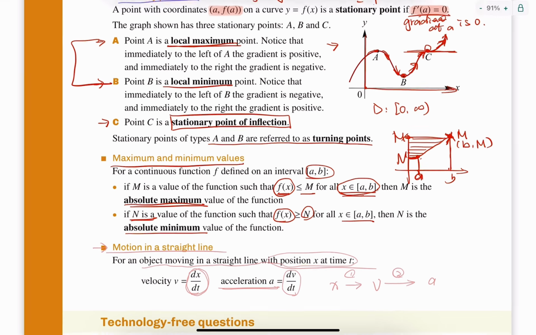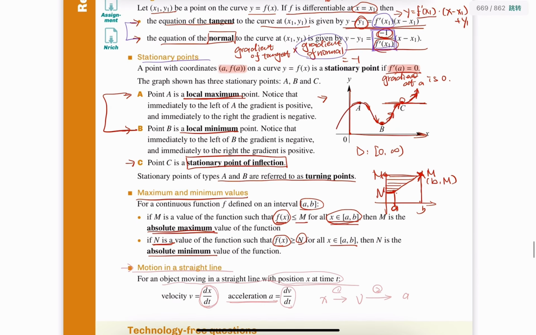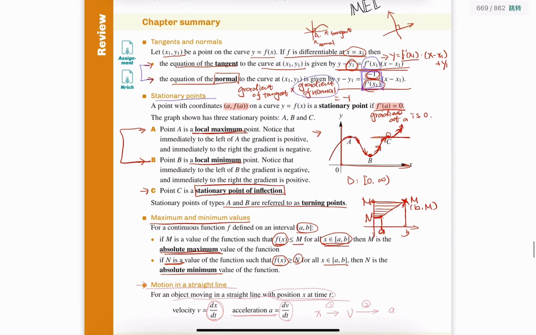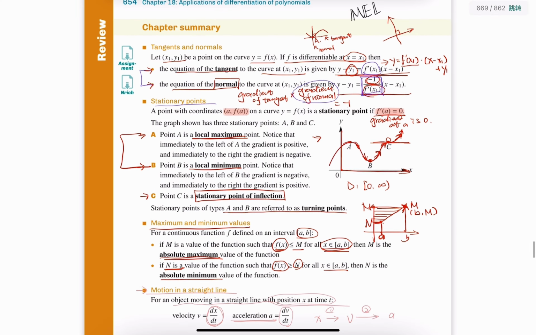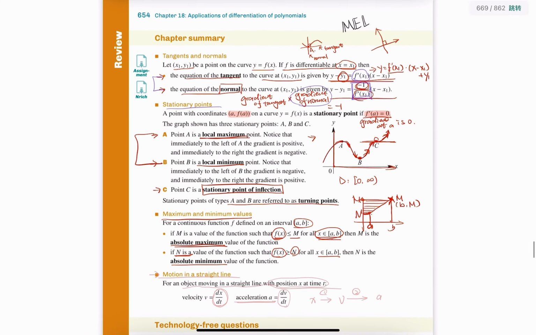Okay, so that's something related with reality. And yeah, this is the chapter 18 summary of Math Methods, Units 1 and 2